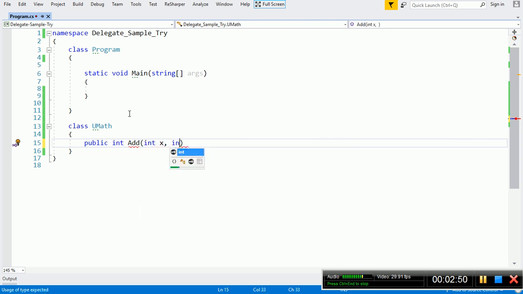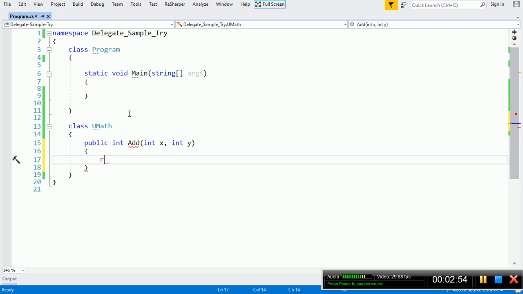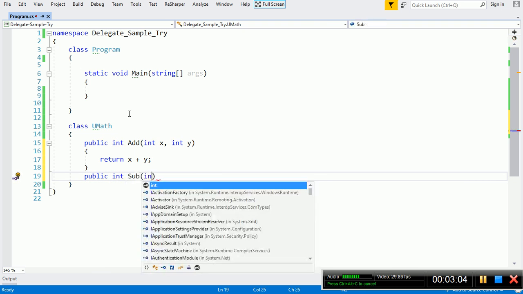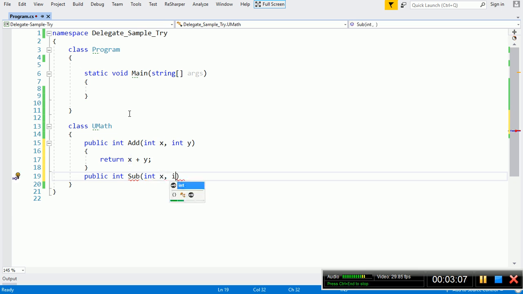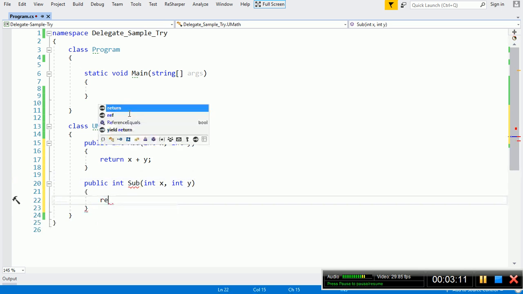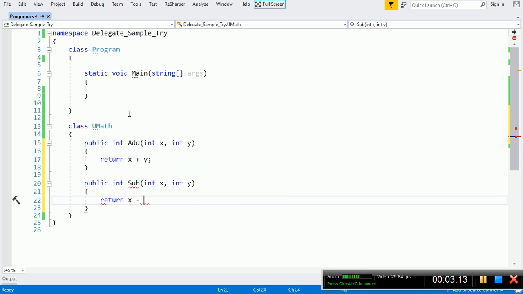It receives two arguments, x and y, and then it returns the addition of x and y. In the sub function I will receive two arguments, subtract x and y, and return the result to the caller.